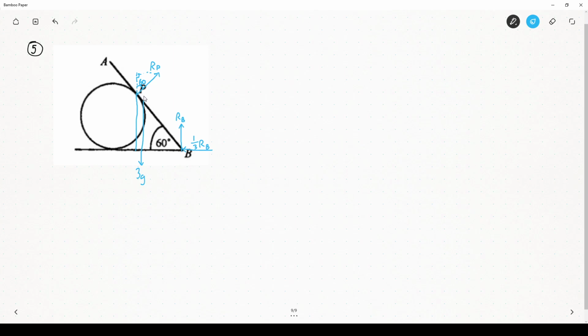This is a right angle. That makes 120, which means this angle here must be 60 degrees. Okay, so the working itself, for part A we need to find the magnitude of the force labelled RP. So if we do what should be quite familiar to you by now, you can see that we've got RP cos 60 plus RB